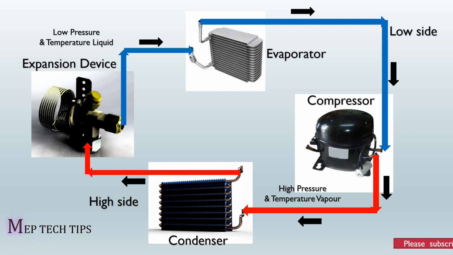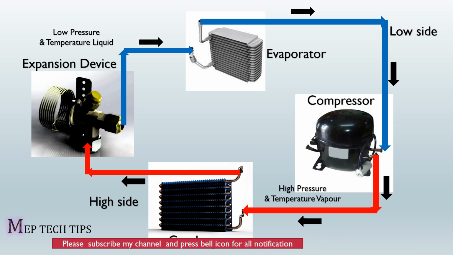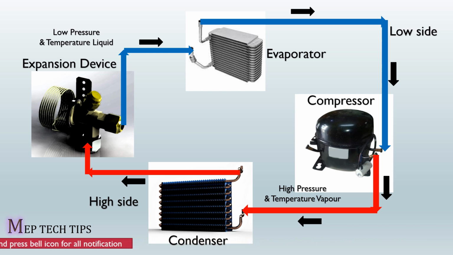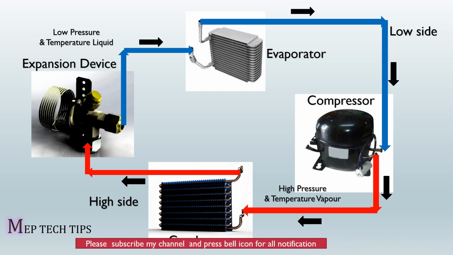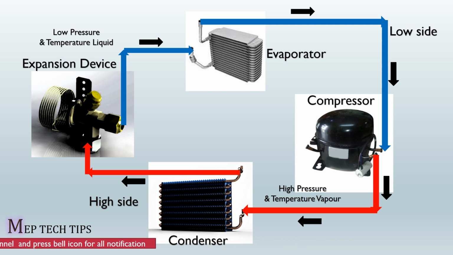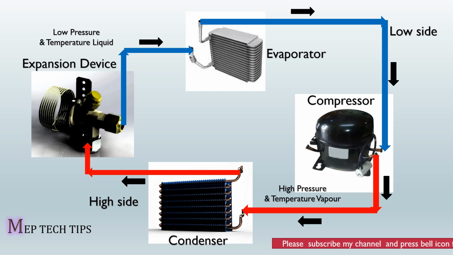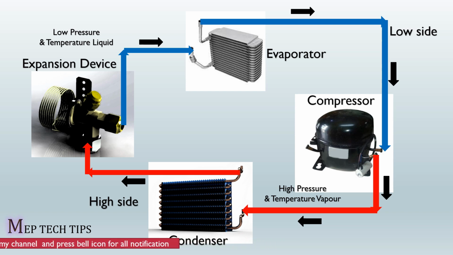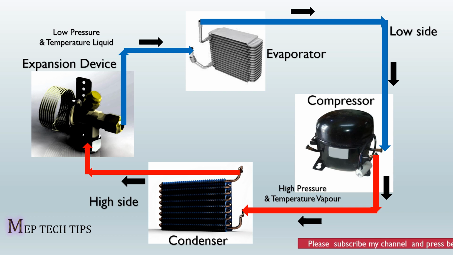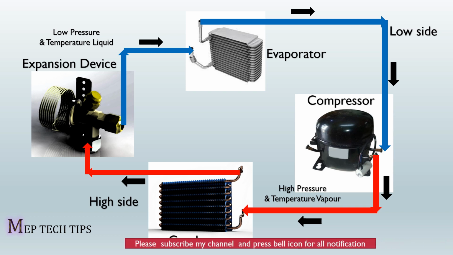So the refrigerant here becomes 15 degrees Celsius, which is enough for air conditioning, not for refrigeration. When expansion takes place, the refrigerant will become 15 degrees Celsius, as we are taking an example. It is comfortable for an AC system, but not for a refrigerator. Refrigeration will be a different case, depending on the system type, so we are not talking about that. So let's take 15 degrees Celsius as a low pressure, low temperature liquid.